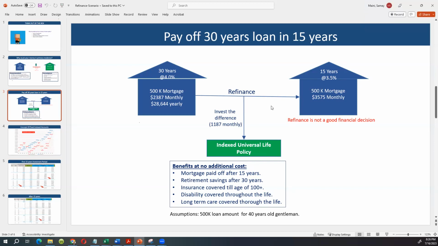But if they recently took a 15-year mortgage and they are paying almost 6% interest rate, then we will advise them to refinance into 30 years and start paying the difference to IUL. Refinance will only cost them $3,000-$4,000, and a lot of lenders do almost free refinance. So they can always refinance to 30 years and start applying the same strategy.